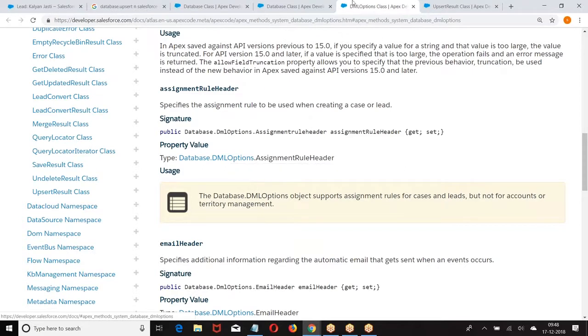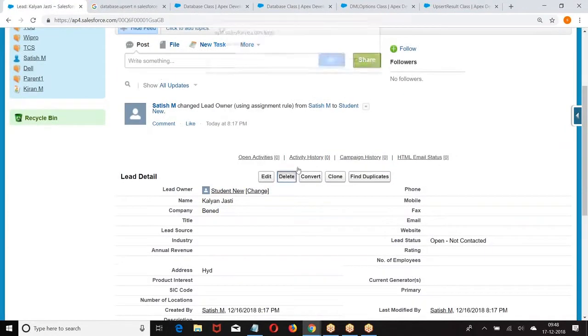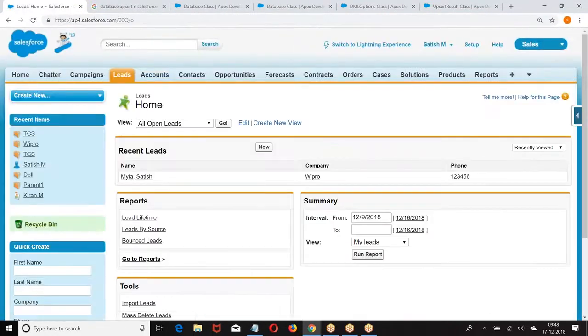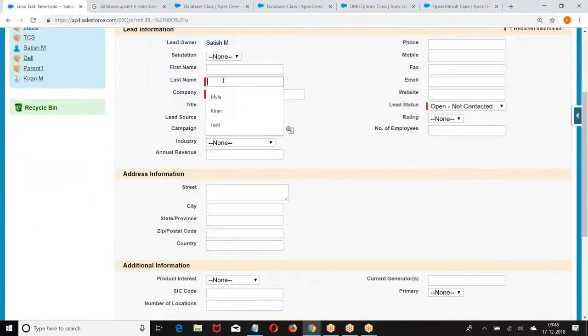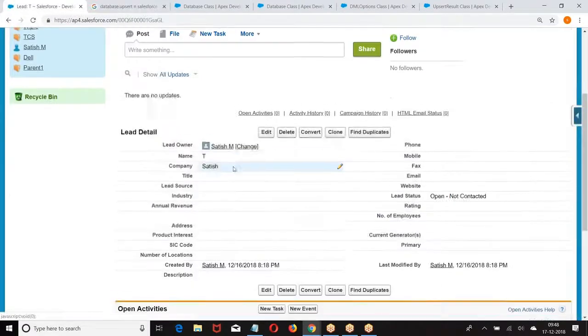If I don't select this checkbox, then who is the owner of the record?